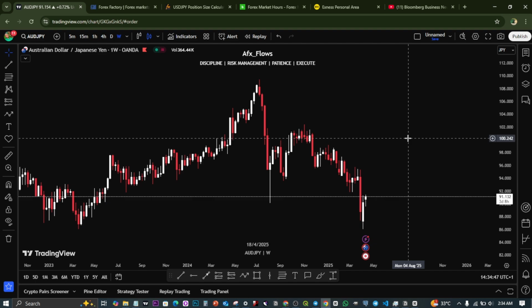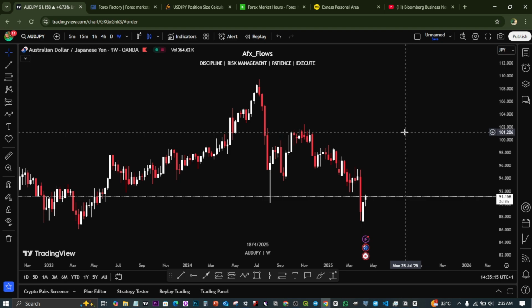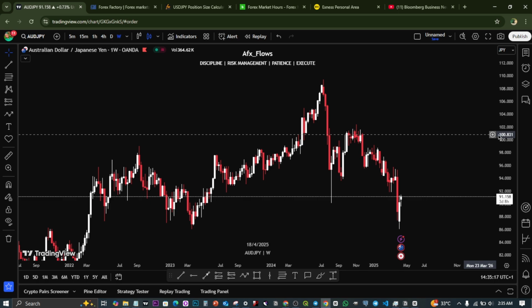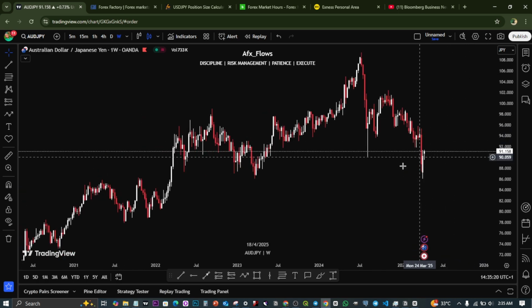So here on this video we're about to do a top-down analysis on AJ, which is Australian dollars, and basically what I trade, my strategy. I'm an SMC trader, so I trade order blocks. So that's basically my entry: an order block, if there's a liquidity and there's an inducement, a fair value gap that caused the order block. So that's basically my entry. So basically looking at Australian dollars for the past weeks now,